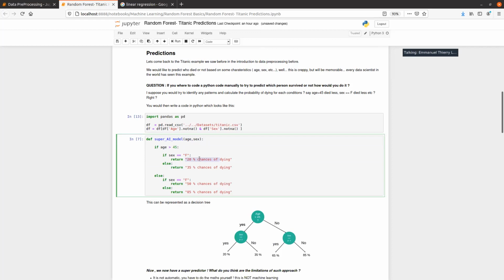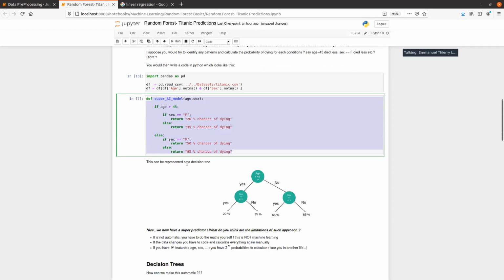And if the sex is male or under 45, then there's a 45% chance of dying, let's say. So in that example, I performed all the calculation beforehand and wrote this little algorithm. And this can actually be represented as what we call a decision tree.